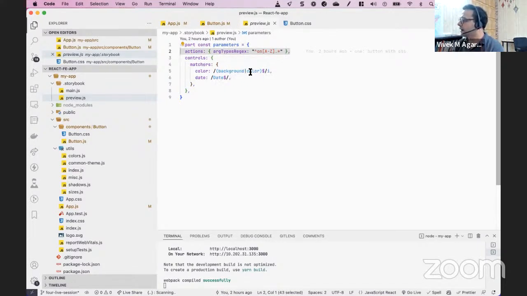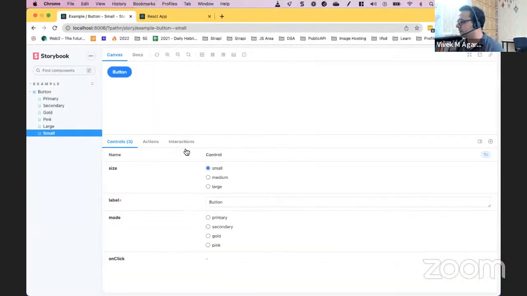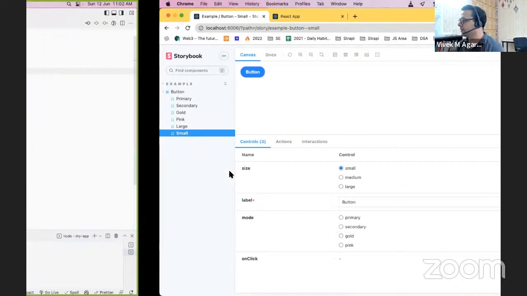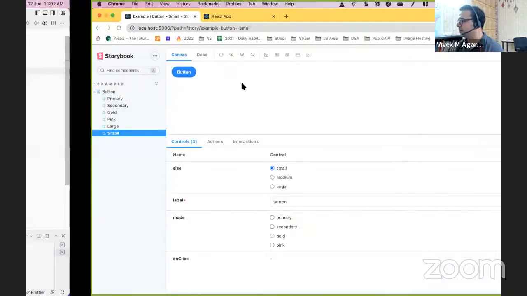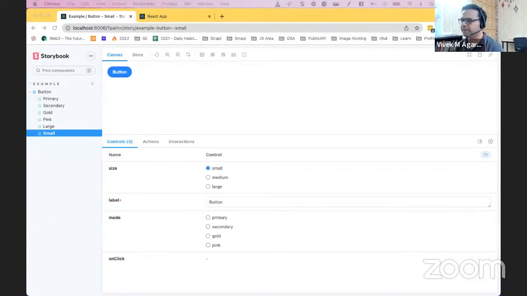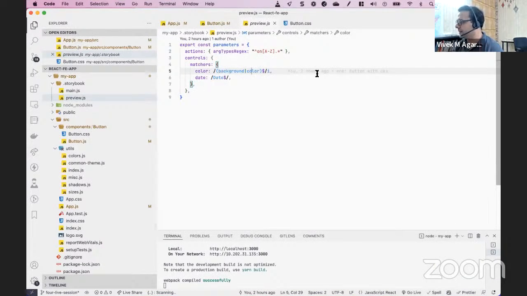और अगर ये एक रेगुलर एक्सप्रेशन से मैच कर रहा है कि अगर बैकग्राउंड या कलर मैच होता है कोई भी वैल्यू से, या कैपिटल डेट, अगर बैकग्राउंड या कलर मैच होता है, सो इट विल गिव अस अ कंट्रोल लाइक अ डेट, राइट। कलर, तो वो हमें कलर पिकर देगा, और अगर डेट होता है तो वो हमें डेट पिकर देगा। तो उस चीज के लिए ये एक छोटा सा लॉजिक यहाँ पे लिखा गया है। अगेन यू डोंट नीड टू know this as a beginner, but still